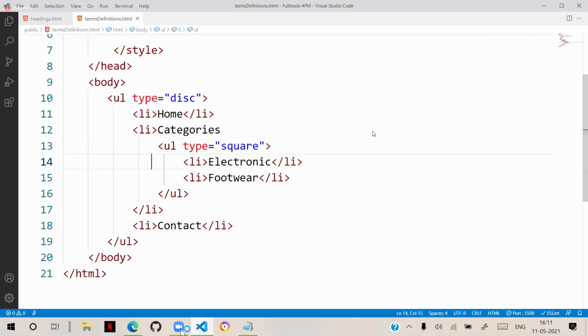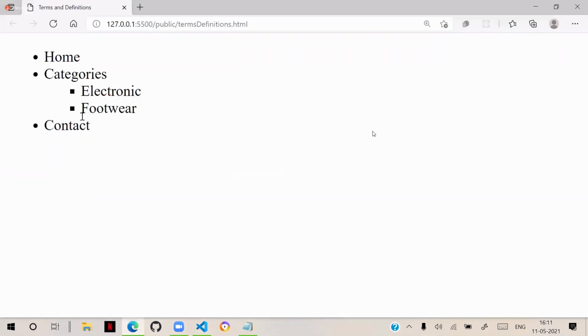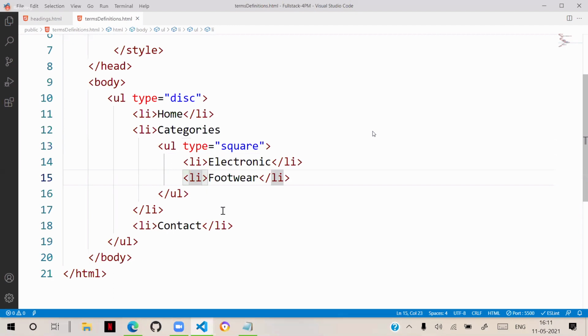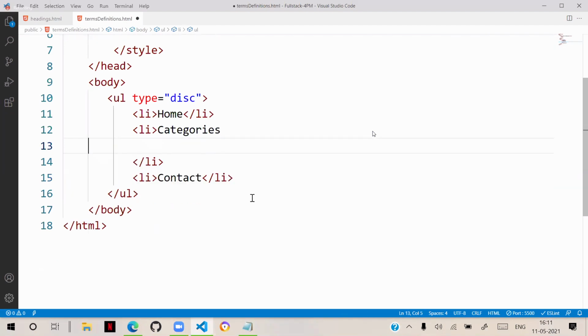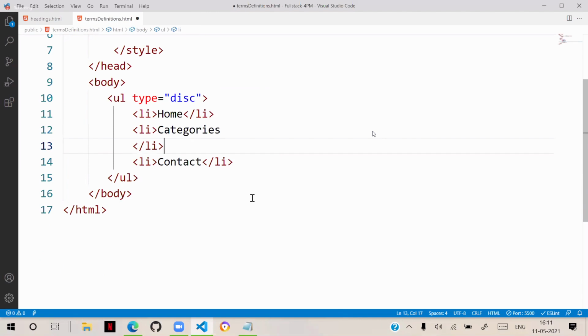So we can add the nested list. We can see this is a nested list. Only 3 levels of numbering are there. If you want your own symbols, then what you can do is